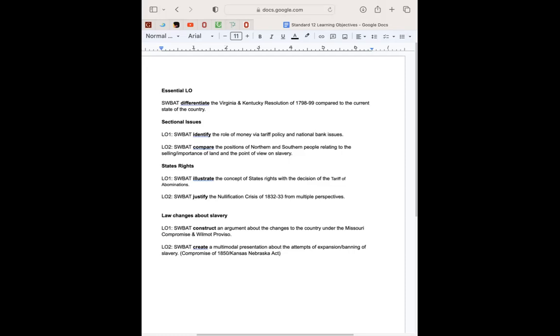So looking at the left side, the expectation for learning, remember, they wanted students to be able to compare the positions of sections of the United States on issues from the 1820s through the 1850s. Through all of your Bloom's verbs here with the learning objectives created, they should be able to do that. And then summarize how disputes over the nature of federalism fed into sectional issues and helped lead to the